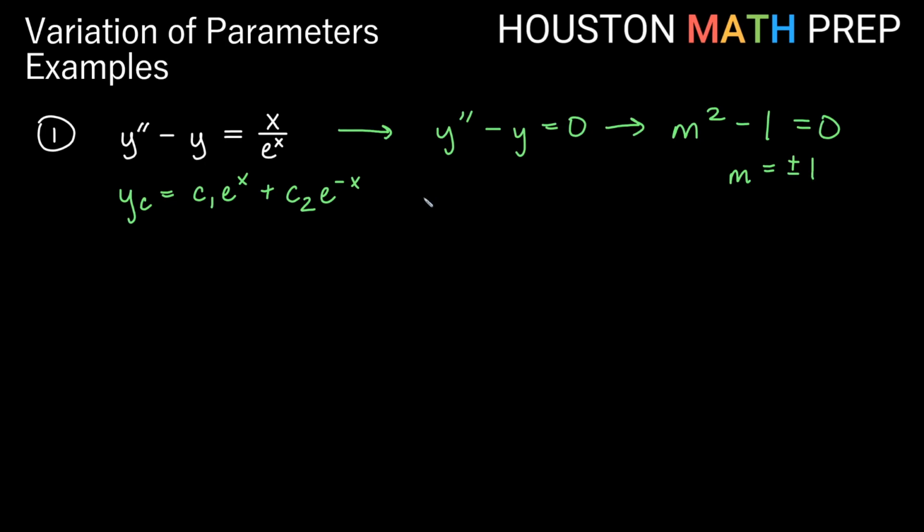Remember, in the variation of parameters method, we will be finding yp, and that's going to be u1 y1 plus u2 y2. And if you've already solved the associated homogeneous equation, which we have, then we already have y1, which is e to the x, and we already have y2, which is e to the negative x. So both of these are taken care of. We just need to solve our u1 and u2. We'll need 3 Wronskians to do it,